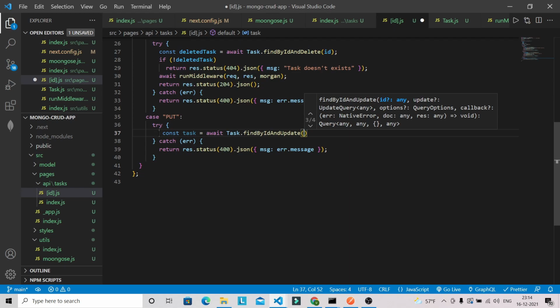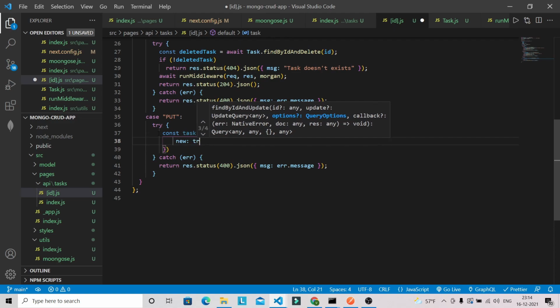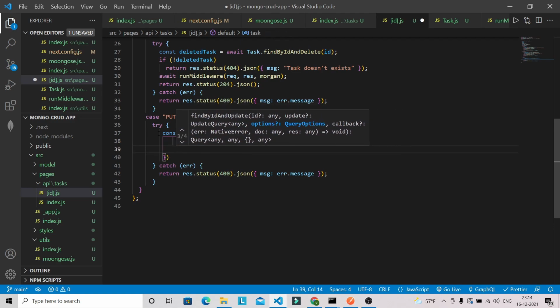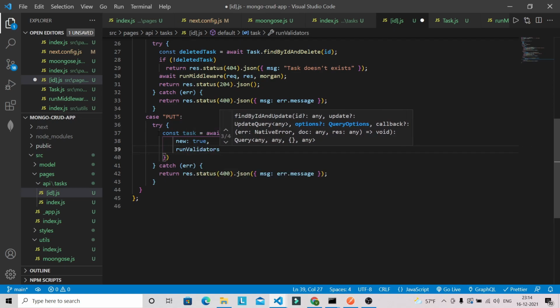So we can pass the id, body, and we can have one object in which we specify new: true, and we also want to run our validator, so we can also make it true.